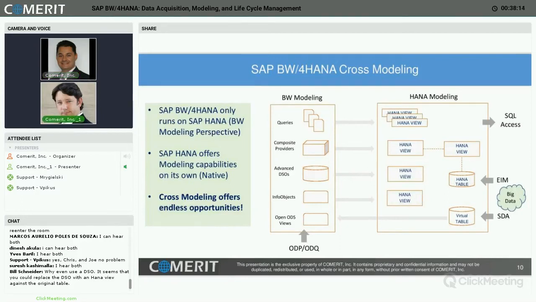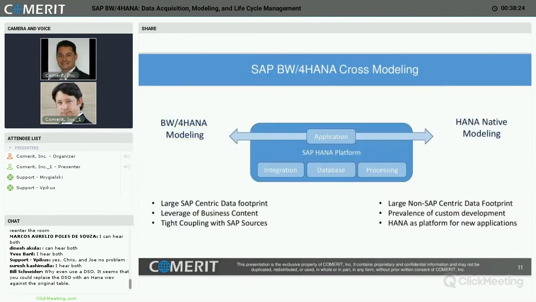People sometimes think, okay, so what should I do and what is the right path? There is no right path. In my view, it depends on your current situation. Cross-modeling offers what we call endless opportunities now. One way of trying to combine: should I start creating my LDW application more HANA native centered, or should it be more BW for HANA centered? Should I keep building elements on the BW for HANA, or should I start moving to the HANA native? Well, that's a question that